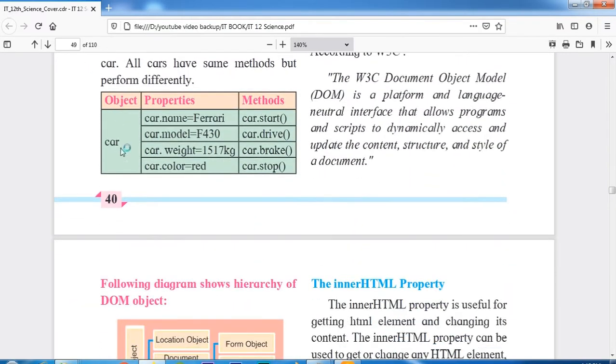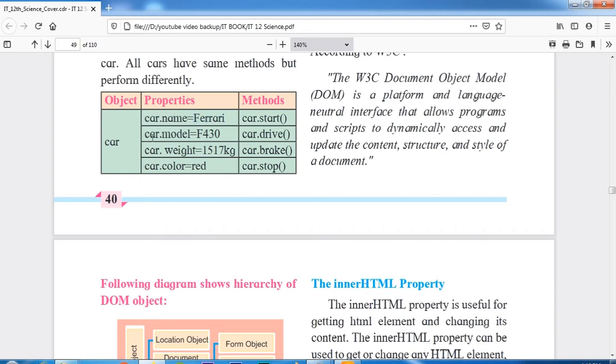If I take a car as an object, then the specification of that car will be the properties of that car. What are the specifications of that car? The car name is one of the specifications, so you can differentiate which company car we are using.